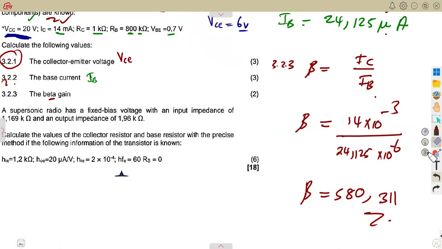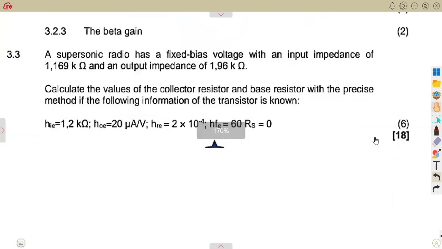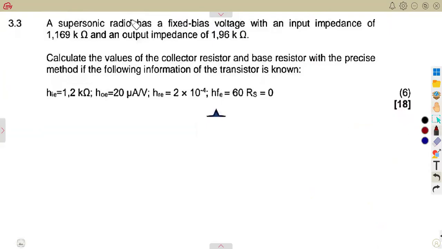All right, considering question number 3.3, we are given that a supersonic radio has a fixed bias voltage. So it's a common emitter. According to these values, the hie that we are given is showing that it's a common emitter amplifier. They are saying we are given the input impedance, which is Zi, the input impedance